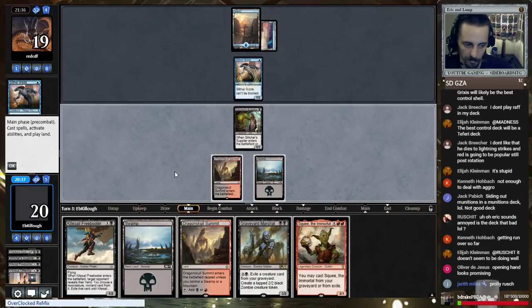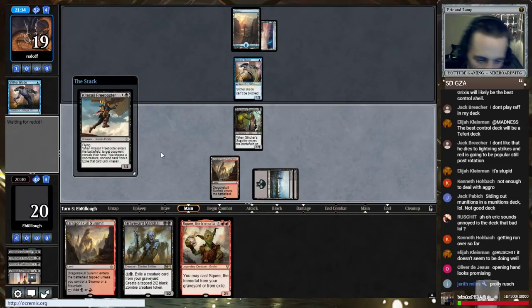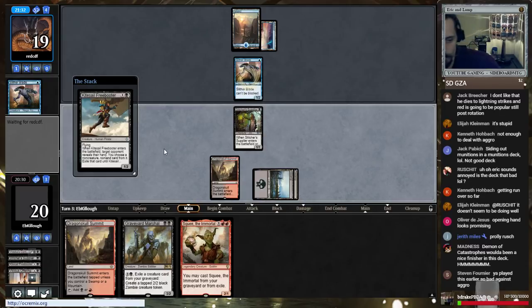He can't play the Curious Obsession this turn, so I'm going to Kitesail Freebooter here and see if I can get around his Curious Obsession. Maybe we can grab it. He can't Spell Pierce this, so...